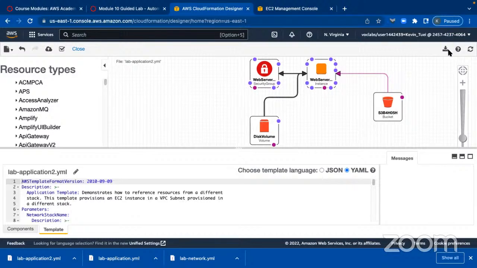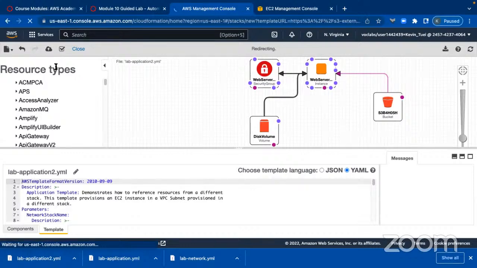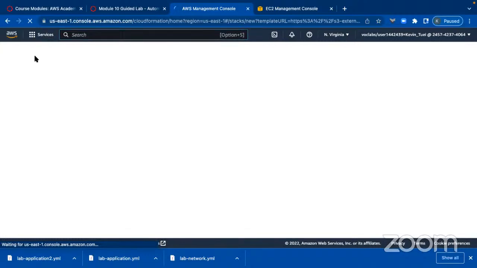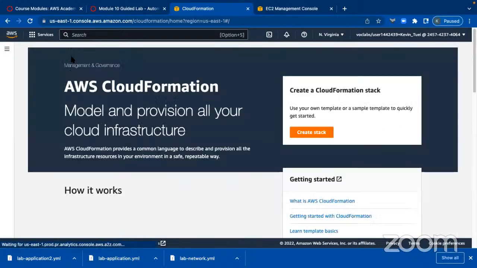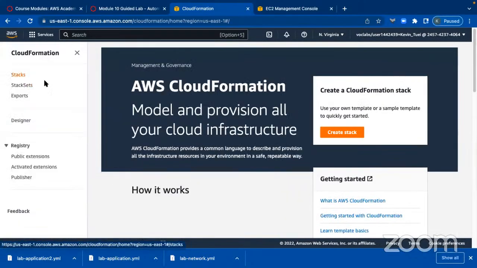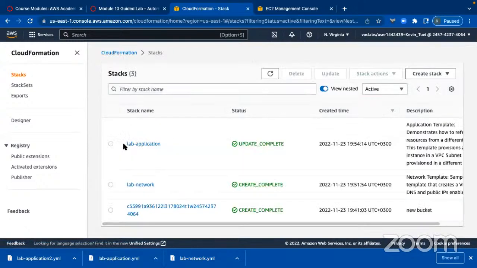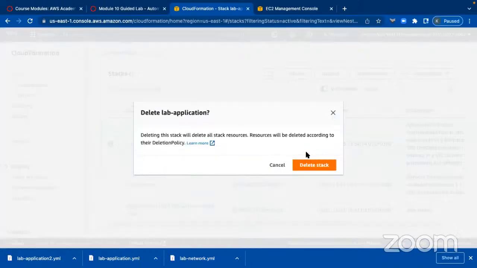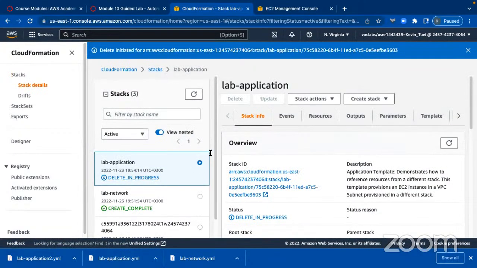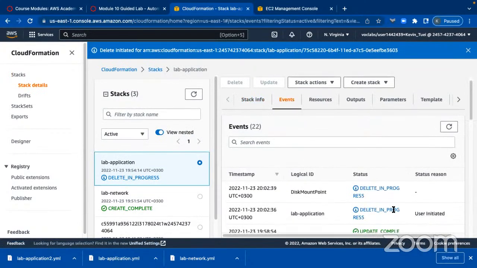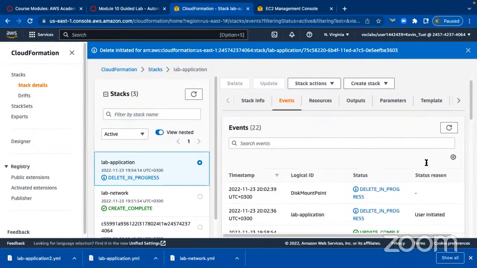So I think I can even maybe download that, or is this downloading or uploading? Okay, I think I can just do that. So you can see I can create a stack out of it, but I'll not do that. So I'll go to stacks, and for lab application, I'll delete this stack, and then I'll delete the stack. If I go to it and go to events, you can see now the delete is in progress. If I refresh,